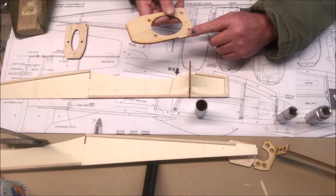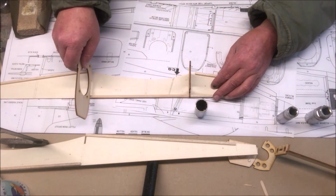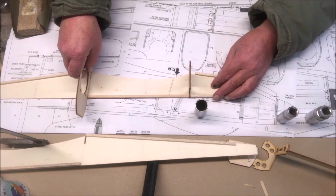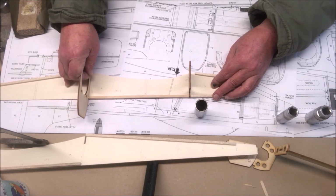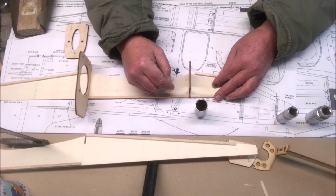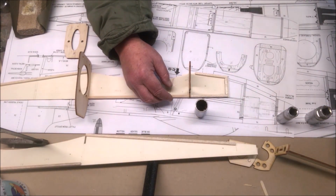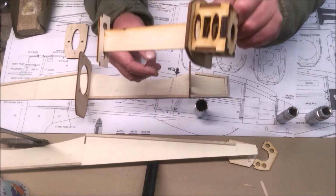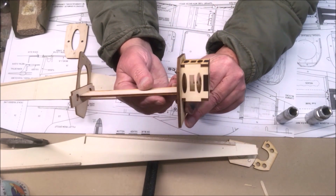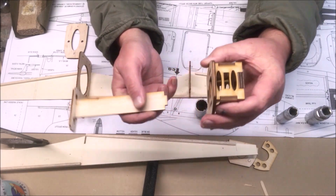And it is advisable to give this a bit of a light sanding there so that it goes into that gap, because it is quite a tight snug fit. There you go. Same with former number 2. And then you get hold of former number 1, which, don't forget, will look like this. Okay. Now, while I'm on the subject of former number 1,